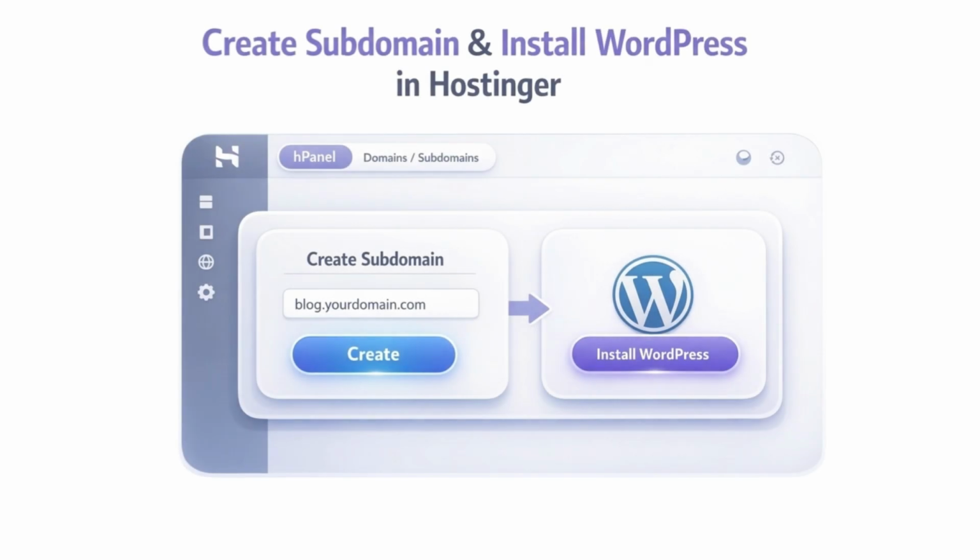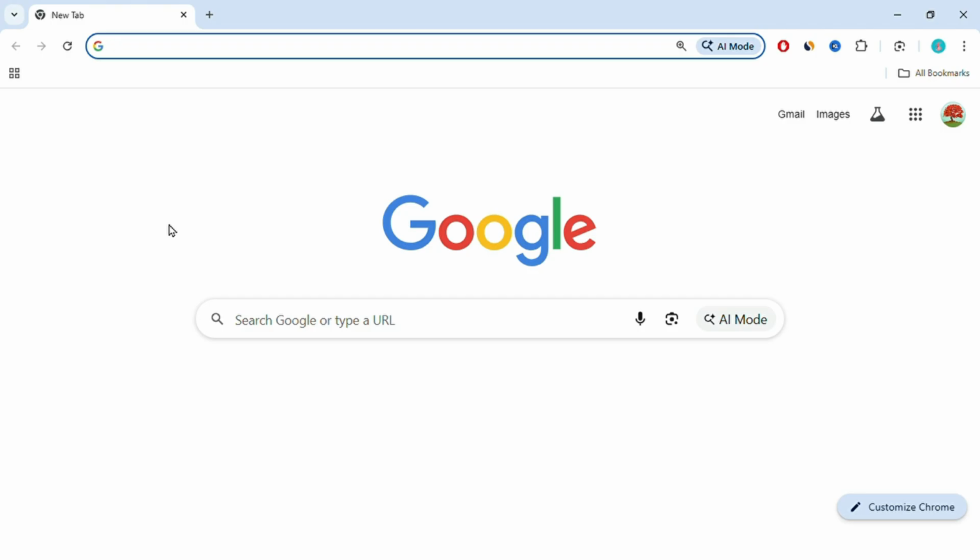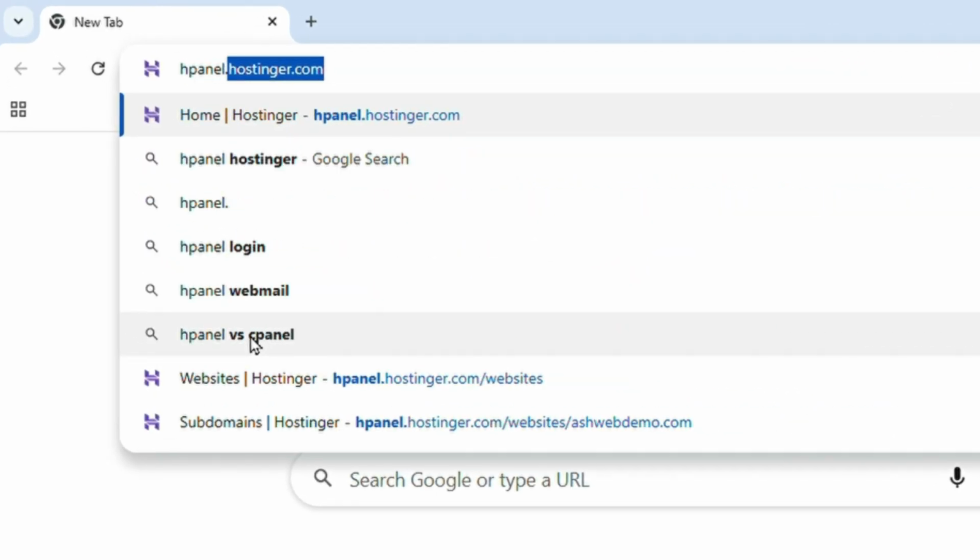In this video, we will learn how to create a subdomain and install WordPress in Hostinger step by step. So let's get started. First of all, we need to visit Hostinger hPanel by typing in the following address